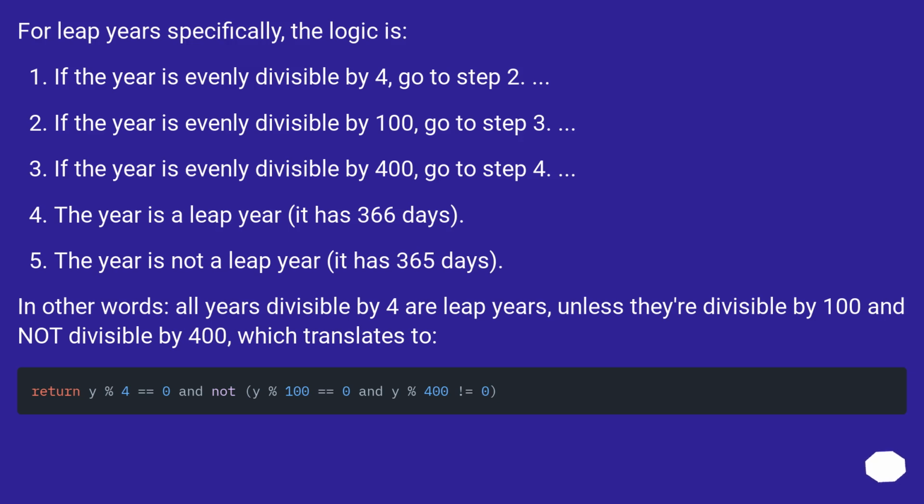For leap year specifically, the logic is: if the year is evenly divisible by 4, go to step 2. If the year is evenly divisible by 100, go to step 3. If the year is evenly divisible by 400, go to step 4. The year is a leap year. It has 366 days. The year is not a leap year. It has 365 days. In other words, all years divisible by 4 are leap years, unless they're divisible by 100 and not divisible by 400, which translates to